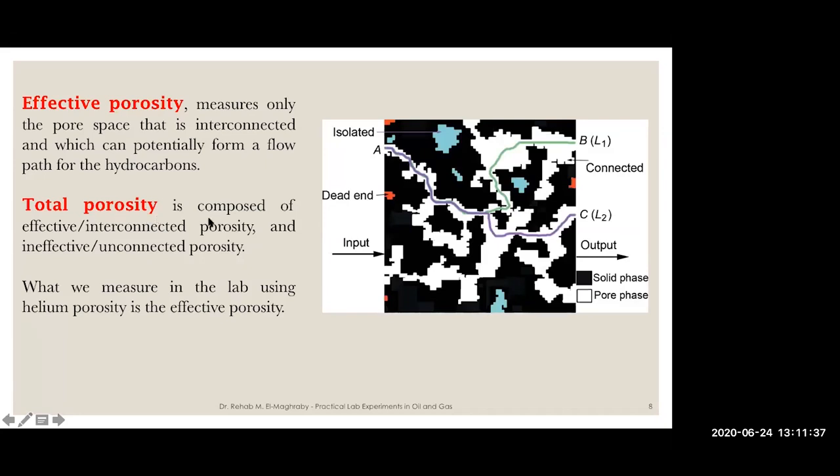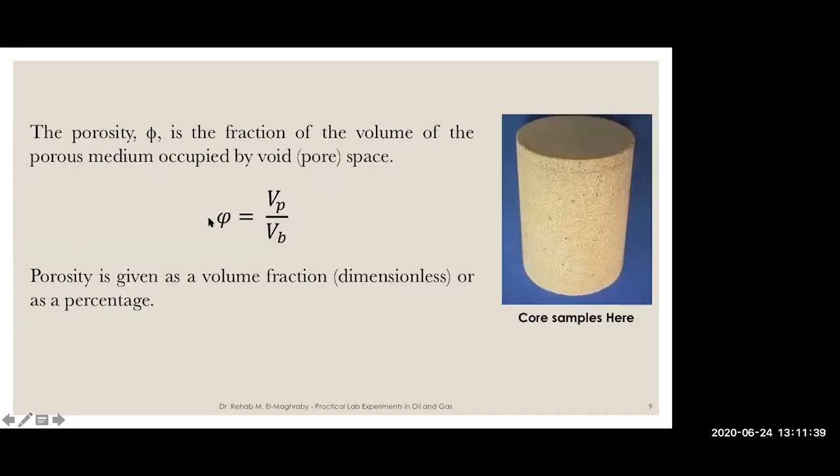So again, to sum up, what is the porosity? The definition of the porosity is the pore volume available for the water, oil, and gas to occupy divided by the bulk volume of the core. So this is a core sample, and this is the bulk volume of the core sample. There is void space, and this void space over the bulk volume is the definition of the porosity. So how can we measure the porosity in the lab? We use helium